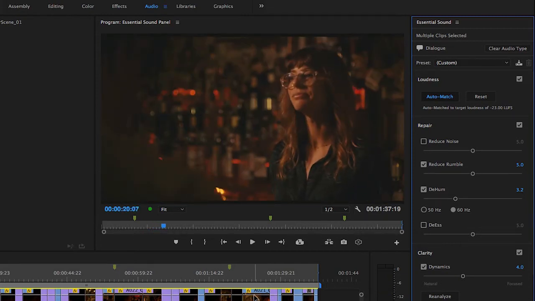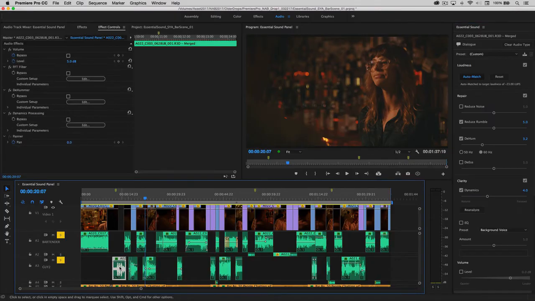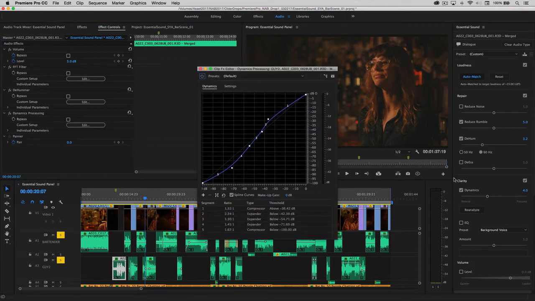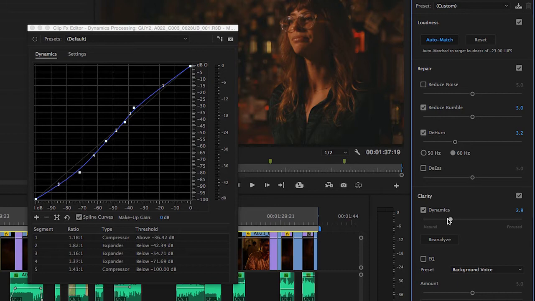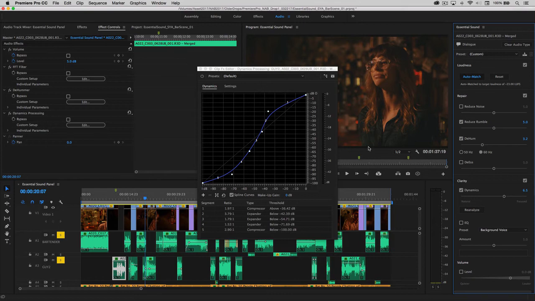So again, on his voice now, we've applied a dynamics processor. And just as I mentioned before, if we select this single clip, you'll see that it's added the dynamics processor here. And as you move the slider, you might think, oh, it's just more compression, less compression. But no, it's actually reconfiguring the ratios. It's reconfiguring various settings inside the compressor intelligently, all the while keeping it clean and upfront without any unwanted compression artifacts. So this is a wonderful addition to have inside Essential Sound and something that is truly essential